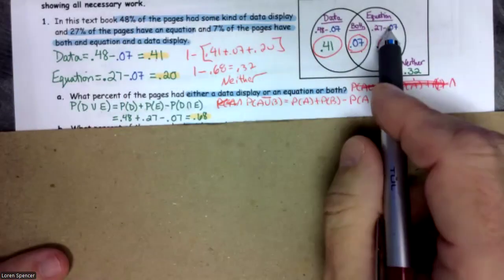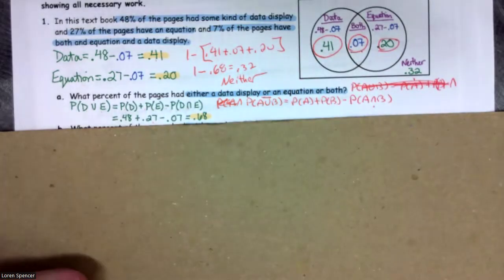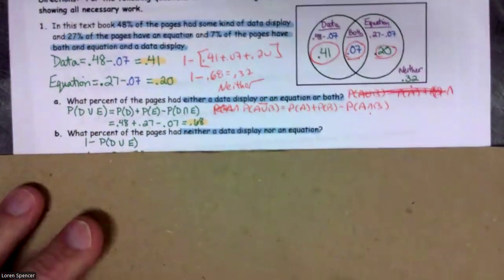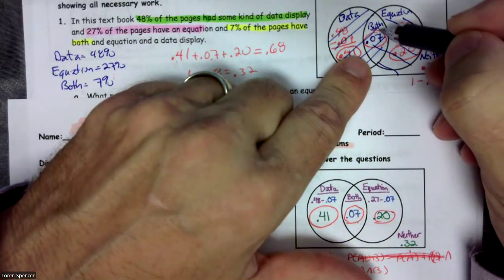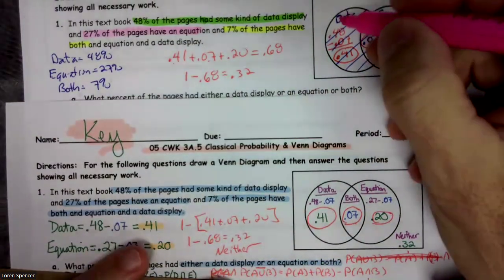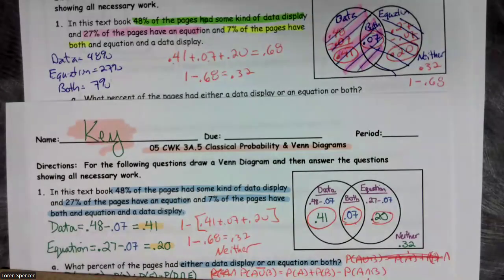So the probability of data is 0.48. The probability of an equation is 0.27, but we have to subtract out the intersection. The reason we have to subtract out the intersection is if I go back to my original drawing, we notice the intersection got crossed twice. The equation got crossed once, but the both part, and I could use colors and maybe that'll help. So if this is the data section, it got covered in pink. And then I come back and cover the equation section,